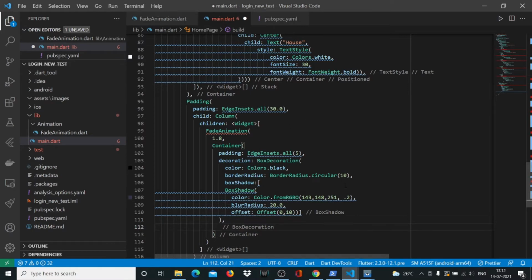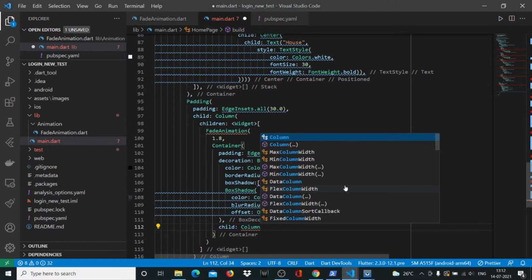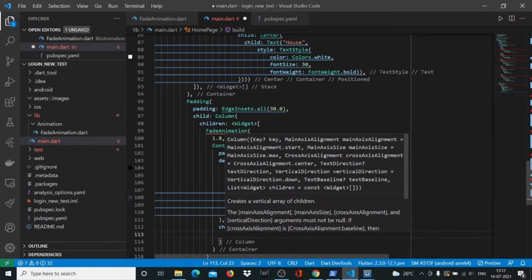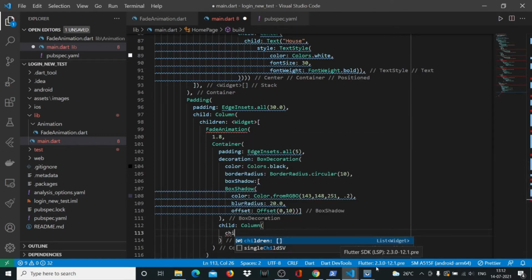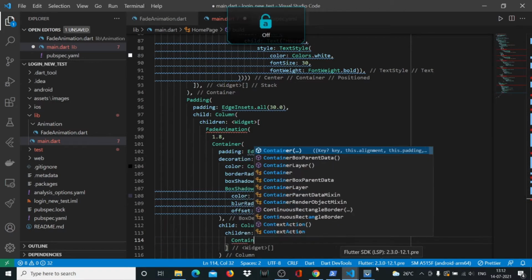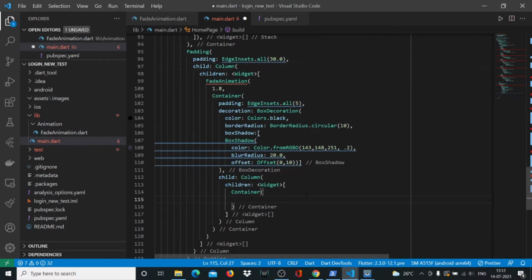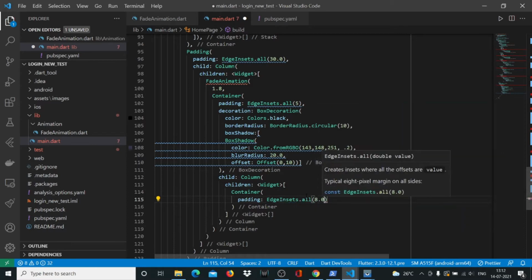So we'll say comma, child column, and here we'll say children widget, and inside these square brackets we'll first have a container, and here we'll have our padding with EdgeInsets.all 8.0,